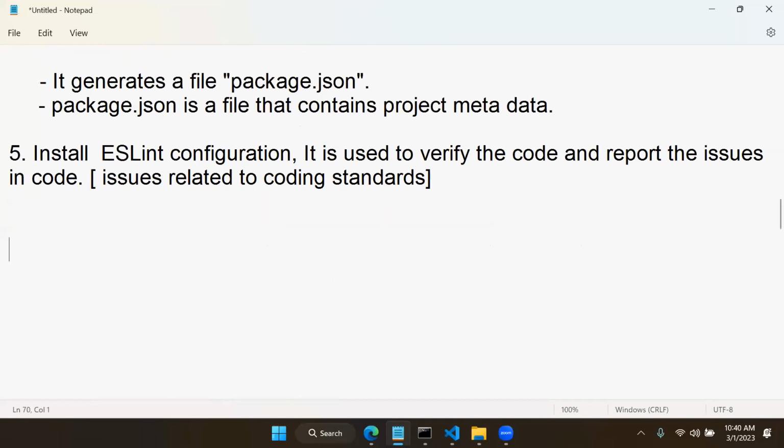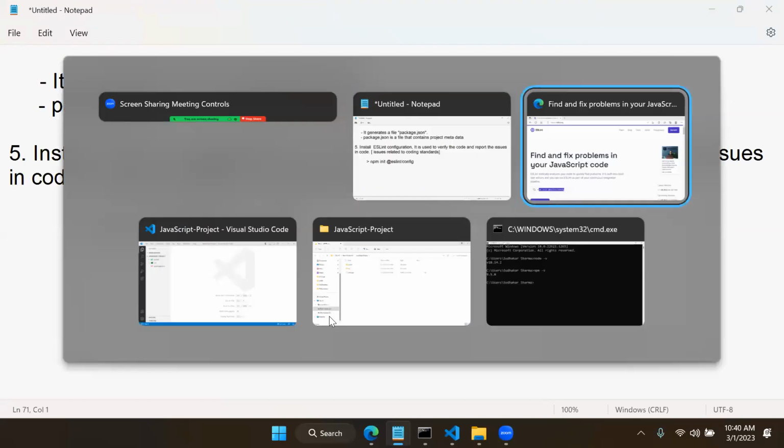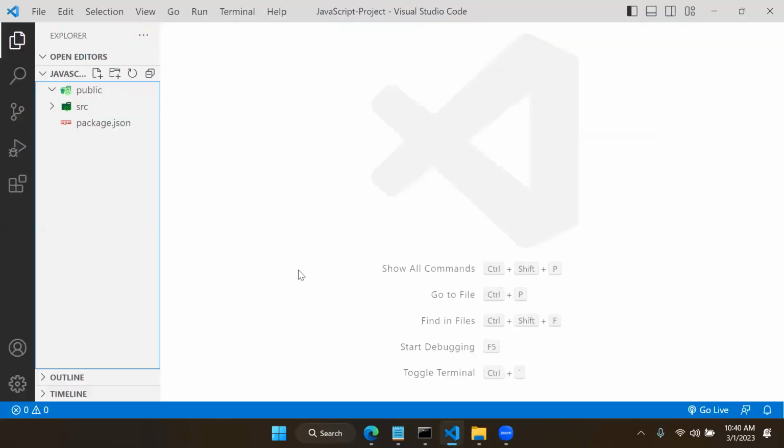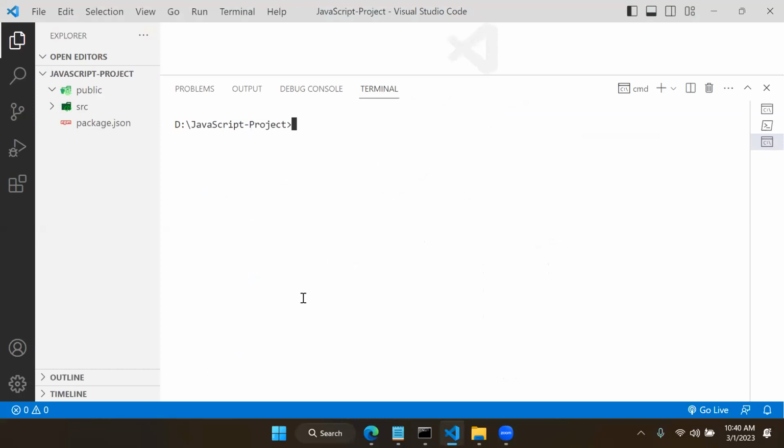And for that, you have to run the command like this: npm init @eslint/config. This is the command you need to run. It will install ESLint in your project. So let's go to the project now. I will open the terminal. In the terminal, you need to run one more command. What is that command? npm init